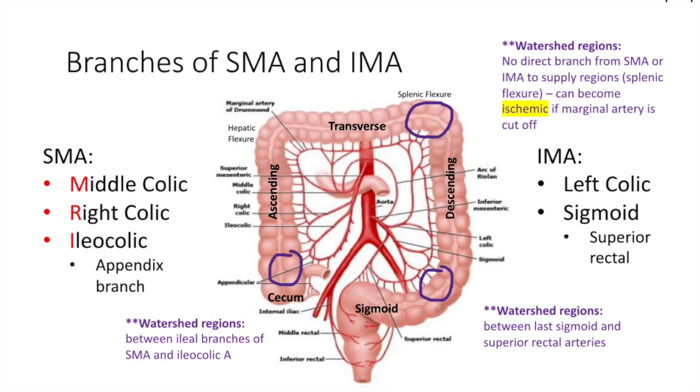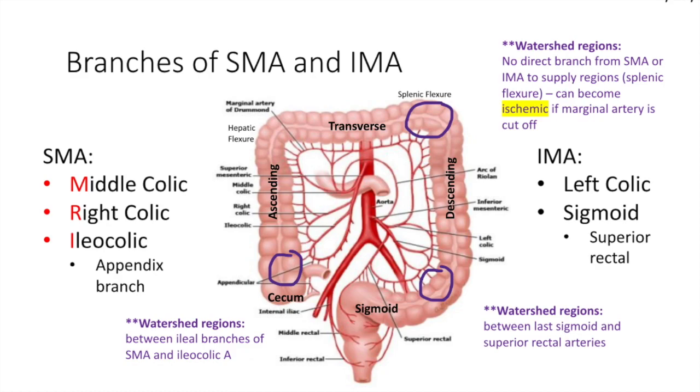So as you learned this week, you've got portions of your large intestine. There's going to be the cecum, ascending, transverse, and descending colon, as well as the sigmoid out to our rectum and anus. So our SMA is going to give off three more branches, and that's going to be middle colic, right colic, and ileocolic. So the way I remember it is